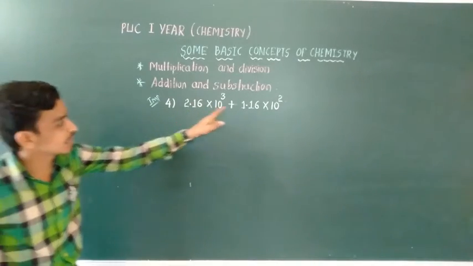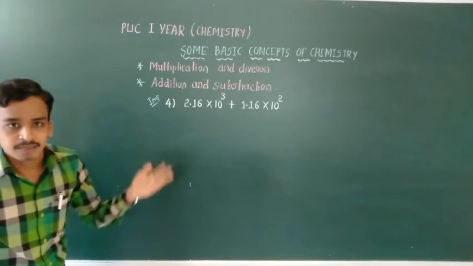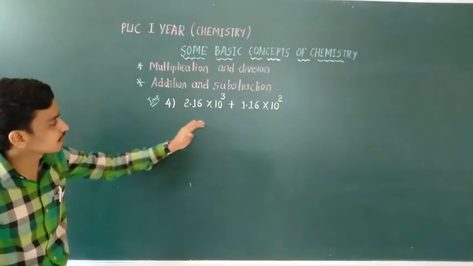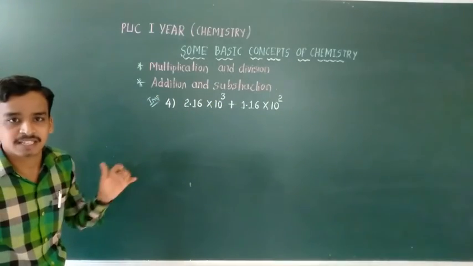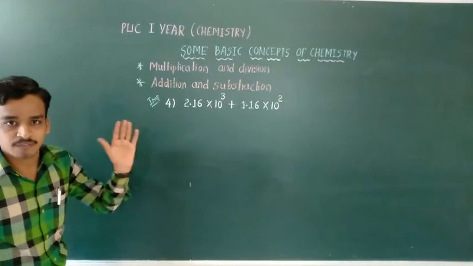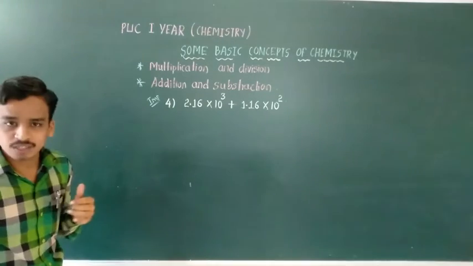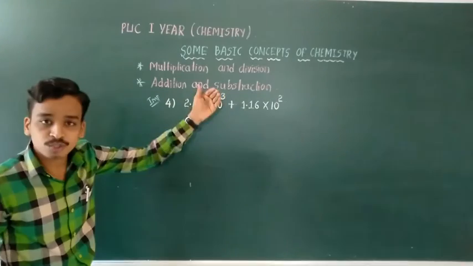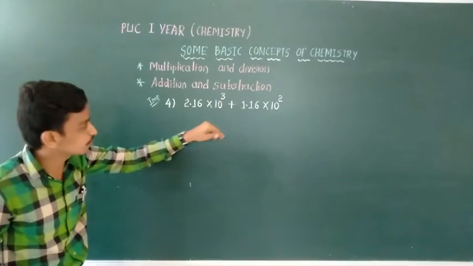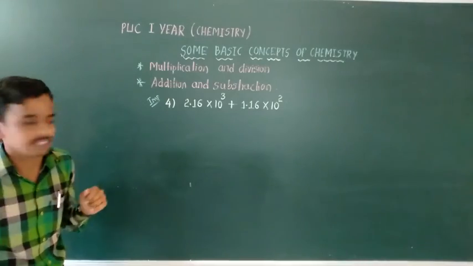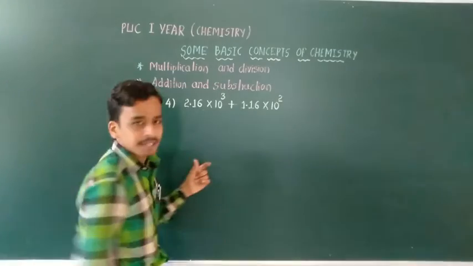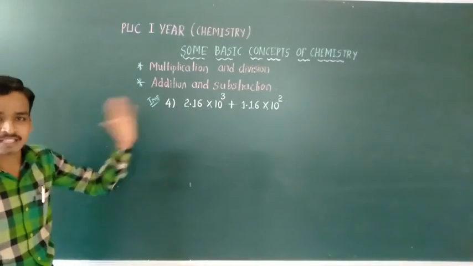But to take a common factor, the numbers are not the same. How do we get the same similarity in these two numbers? That is from the previous class concept, the scientific notation form. According to scientific notation, 10 raised to 3 can also be written as 10 raised to 2, 10 raised to 1, or 10 raised to 0, just by shifting the decimal point. By using that property you can solve this.